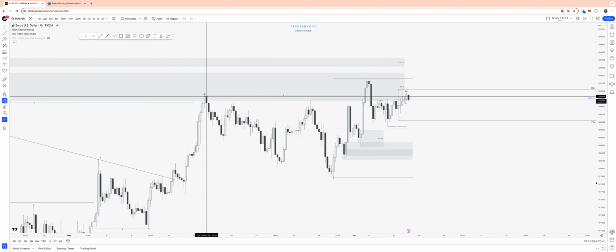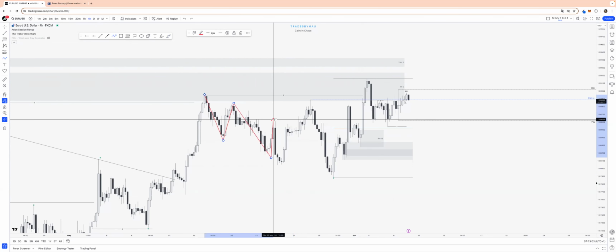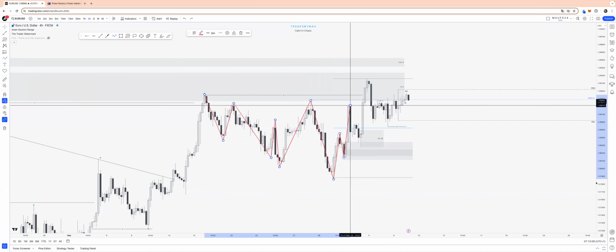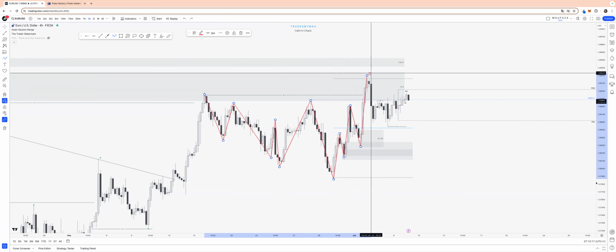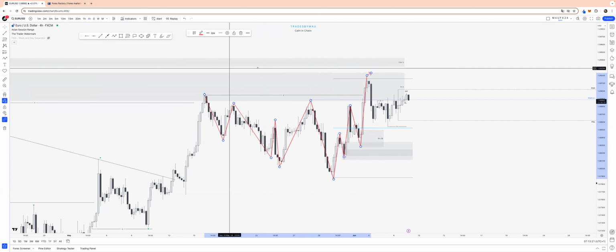So we've got a pullback. We're tracing into discounted pricing. Then we have a push away, but this push away is quite correctional if you ask me. It does have impulsive big candles, but it is correctional. If you look, discount is reached every time,